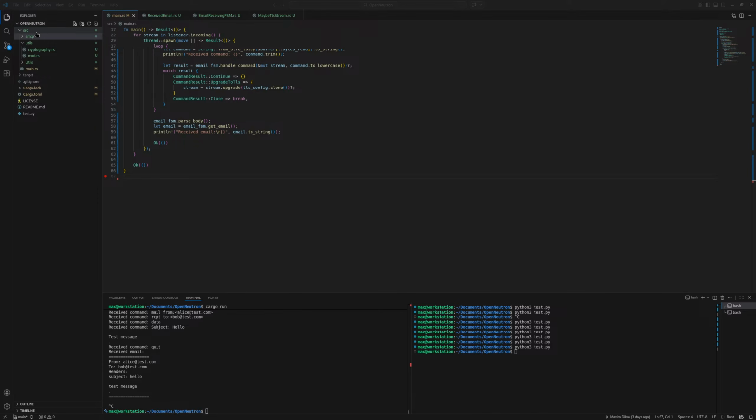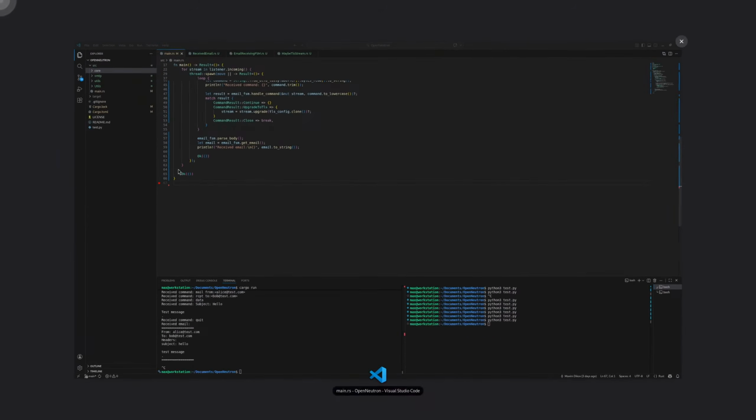We have to create URLs, then we have to create authorization maybe. Oh no, let's call it the core. By the way,